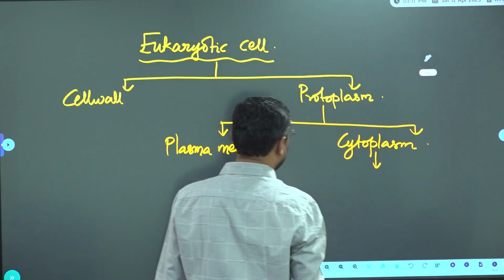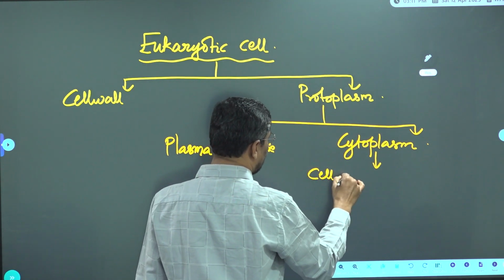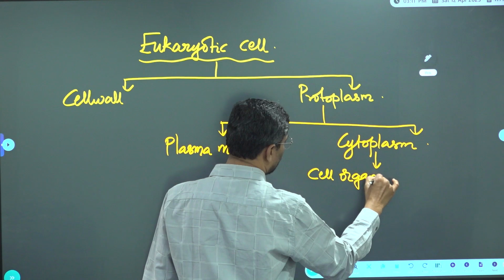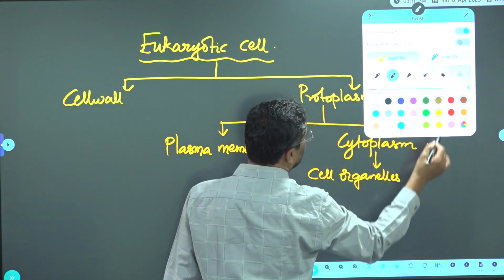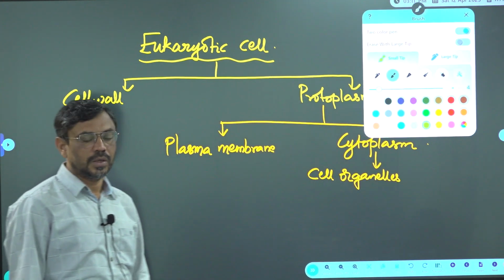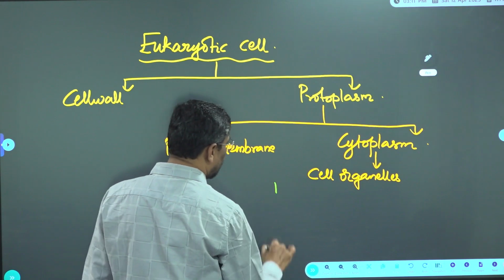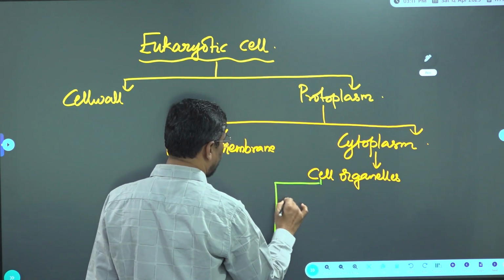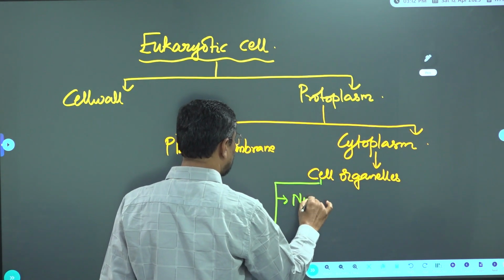In the cytoplasm, various cell organelles are present. Okay. So these cell organelles include, write down one by one,